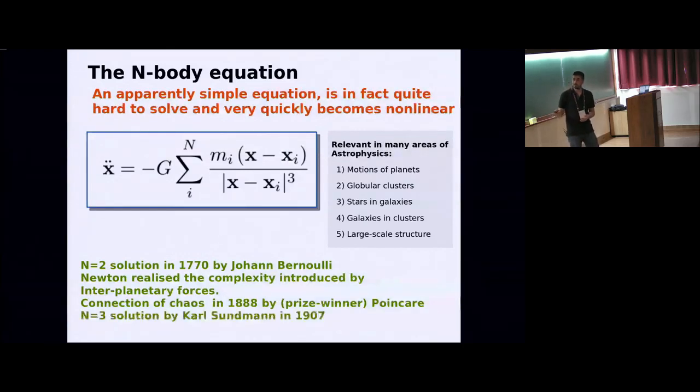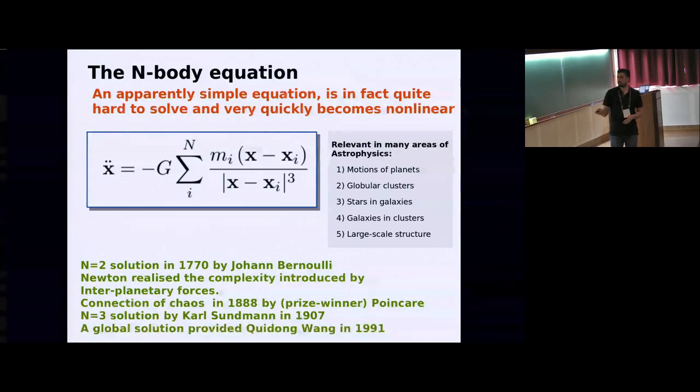But more recently, a solution for n equals 3 was found as a convergent power series. And actually, the full solution was done in 1991 by a PhD student in China. Now you can show that this is solved analytically, in the sense that you can tackle the problem analytically and solve it as a power series. But I think it's a very interesting topic, because despite now having a solution to this problem,